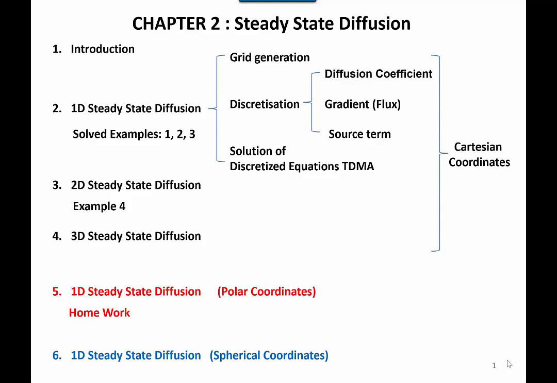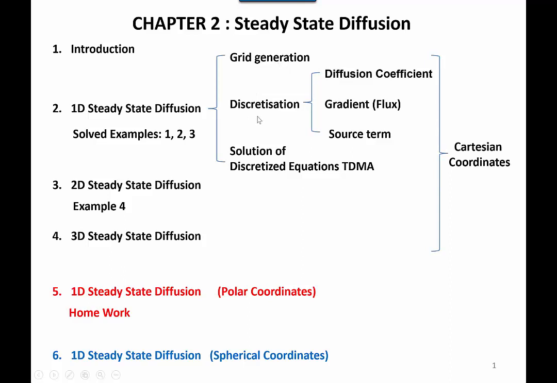continue with the second lecture, and in this lecture we will start with chapter 2. This chapter 2 will be covered by two parts or two lectures. The first lecture will give you an introduction to this chapter. It is steady-state diffusion. Then we will study the one-dimensional steady-state diffusion, which includes the grid generation item,